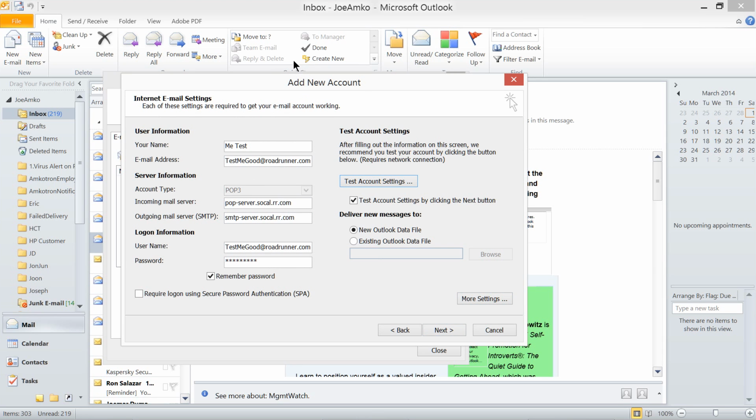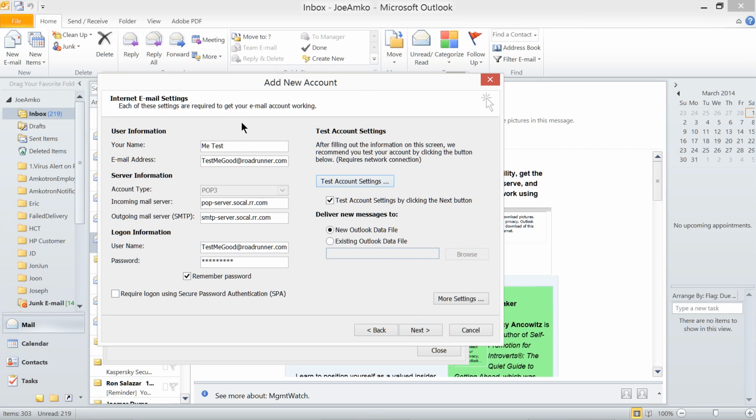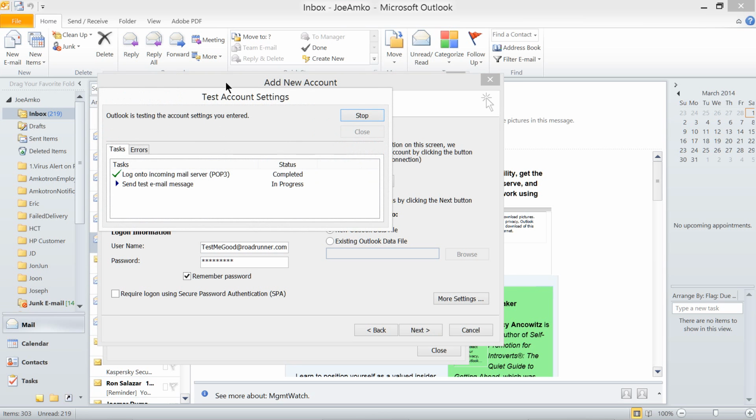Now, before closing, shall we test this email by clicking test account? Click test. Okay, it's running. Log on to incoming server completed, and then send test email completed. Voila! Well and good.